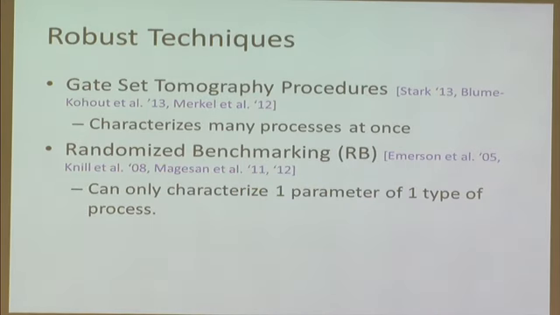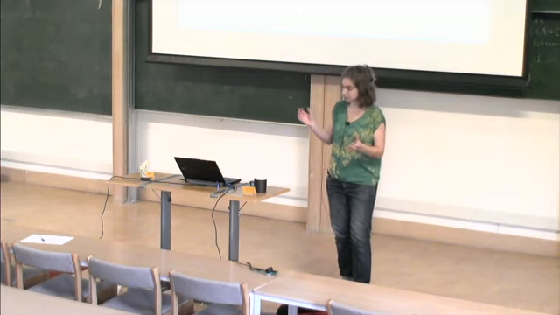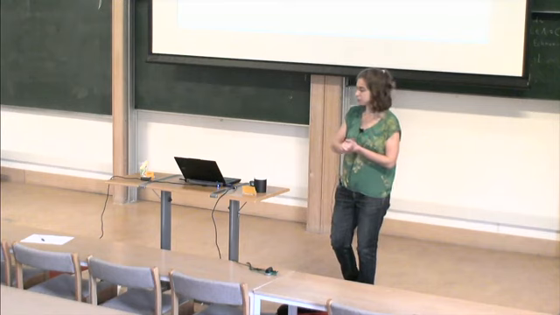So there are a couple of different techniques to do this process tomography or process characterization. Gate-set tomography procedures are a way of getting around this, where you basically just don't assume very much about your system at all and try and characterize many quantum processes all at once. These are some really nice techniques, and I'll maybe touch on them a little bit towards the end of the talk. But for now, I'm going to be talking about a different group of robust procedures called randomized